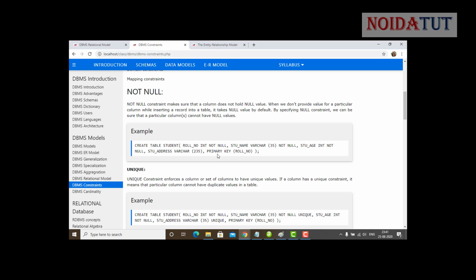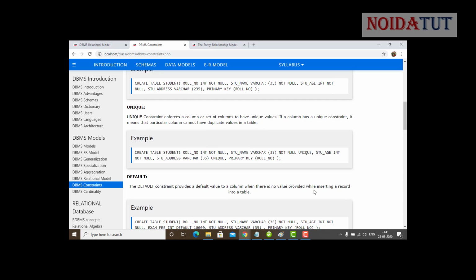That means the roll number is the unique key which will identify the student in the table. But when we feed the data, we should make sure that roll number cannot be null, student's name cannot be null, student's age cannot be null. Yes, in this table the student address can be null.